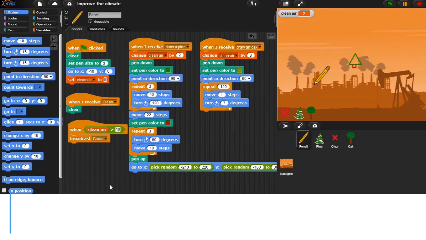The steps for drawing the trunk of the oak are the same as the trunk of the pine.